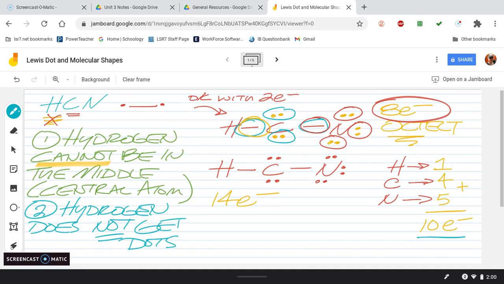All right, so I'm going to pause this video, and I'm going to start another one because I'm going to run out of time. But what I want you to take away from this is that the first 2 steps are to find a central atom, which we did. Fill all of our electrons up. So all of our elements have 8. So a line counts as 2. 2 dots counts as 2. But we learned that hydrogen doesn't get dots because it's happy with only 2 electrons, and it cannot be in the middle because it is just